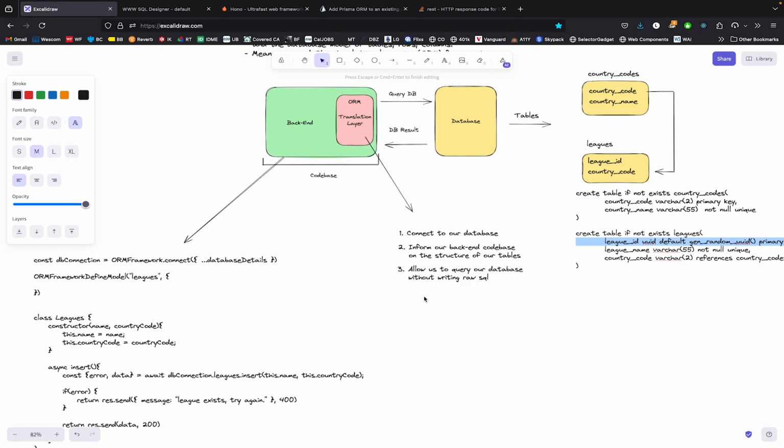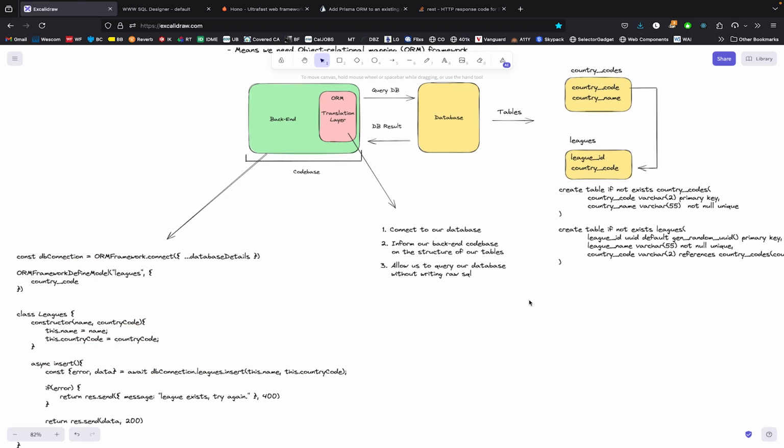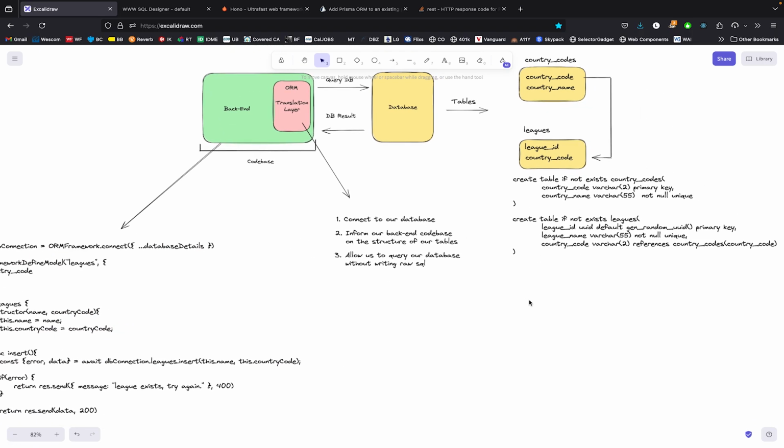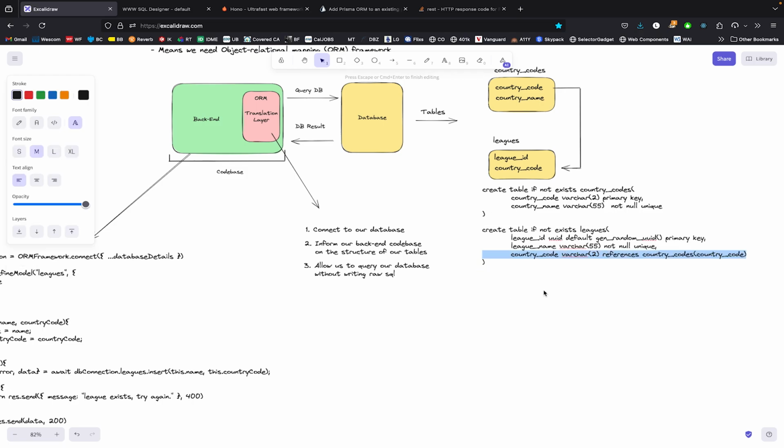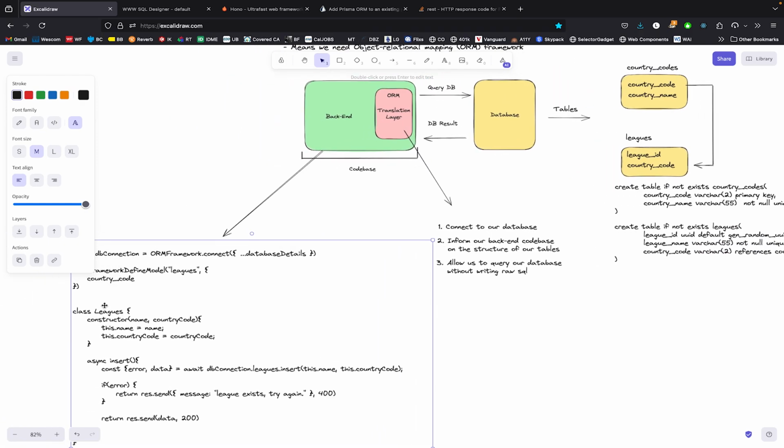So for now, I'll just leave that out, but we do need to specify a country code, and it will look something like this, country code. Okay, and now we need to specify the data type. For the most part, when we're specifying the data type within our backend code base, it more or less follows the same structure that we saw in our SQL queries. So for now, I'll just copy and paste this